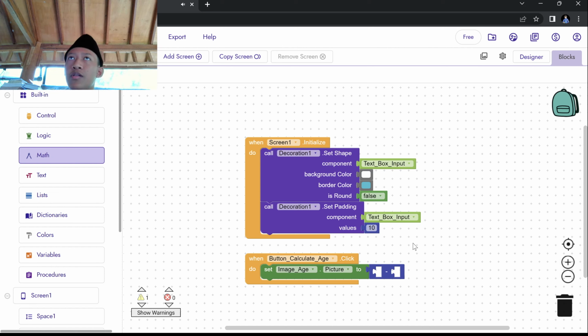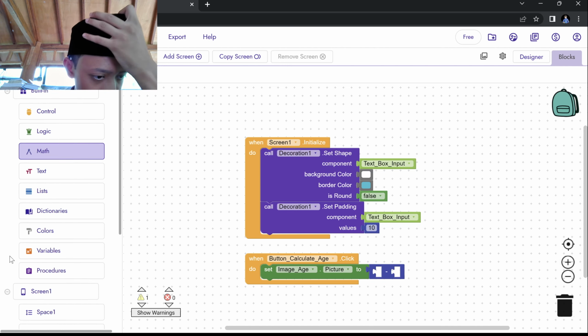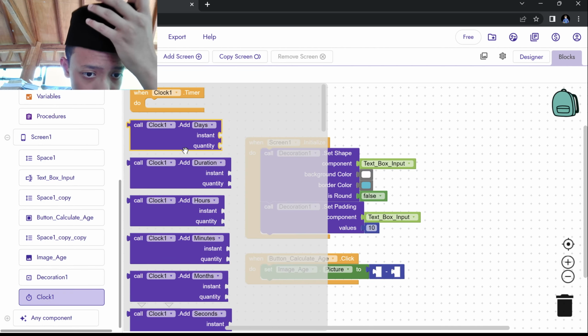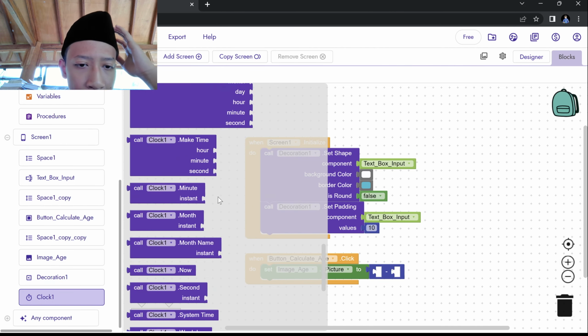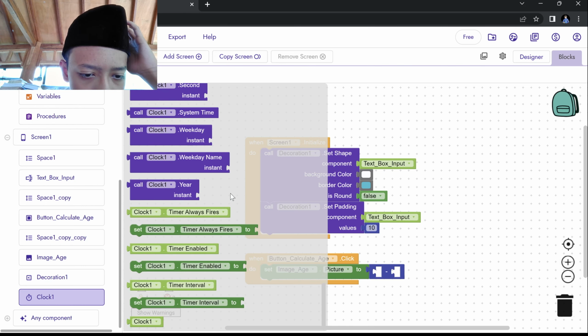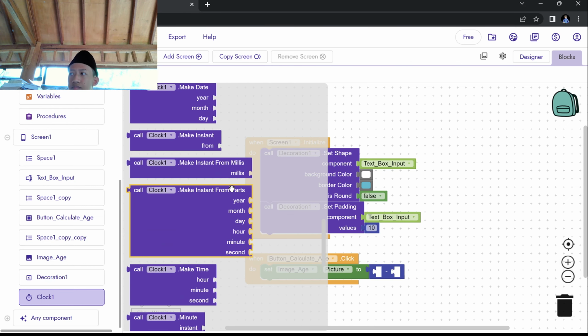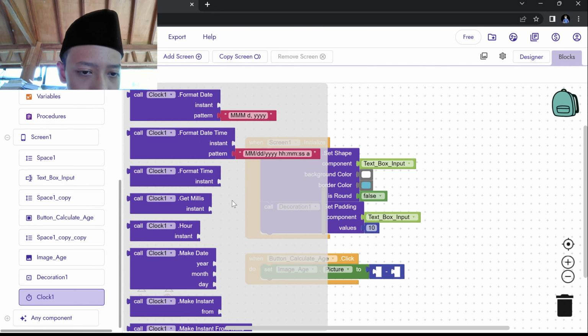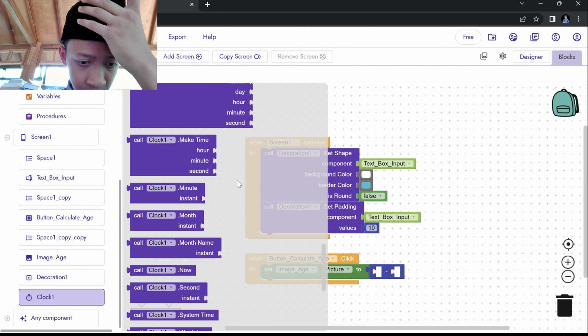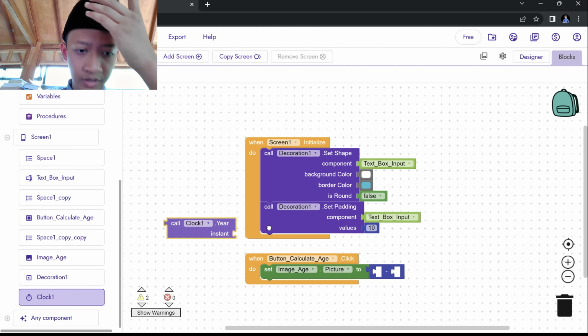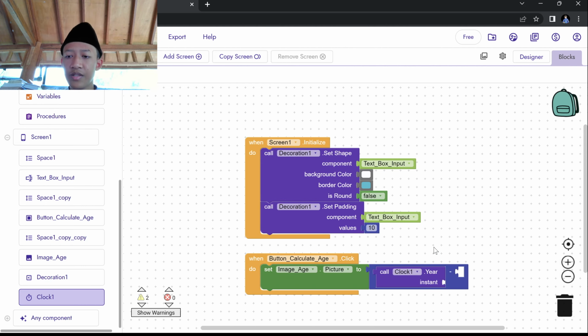After that, you take the next one, the clock. Yeah, the clock one. It will be, wait. It will be, so for the clock it will be where is it? Year, about year, this one, the year instant, and then after that